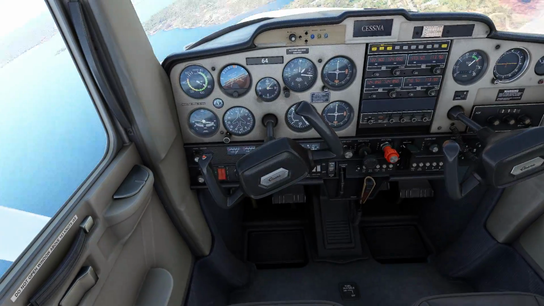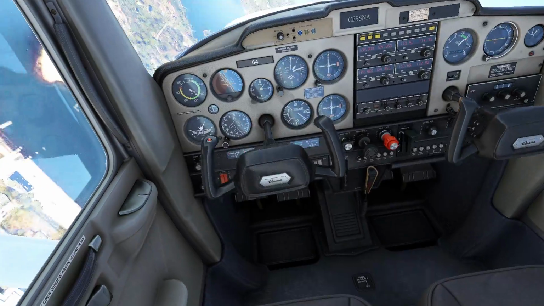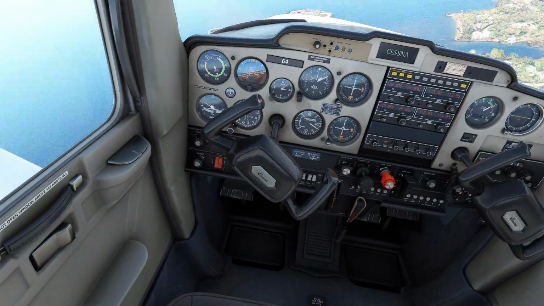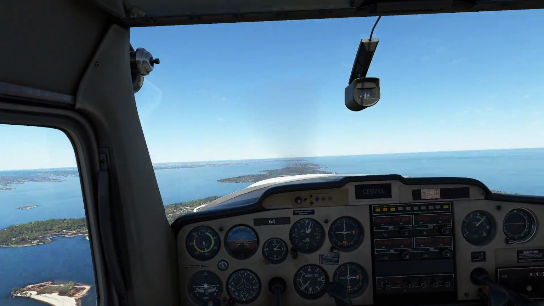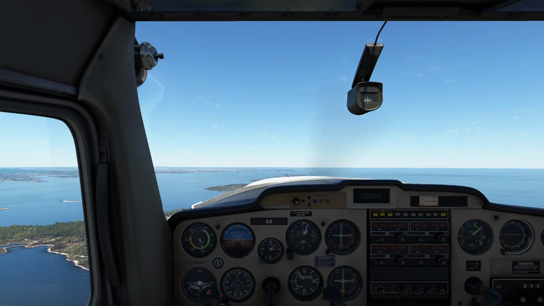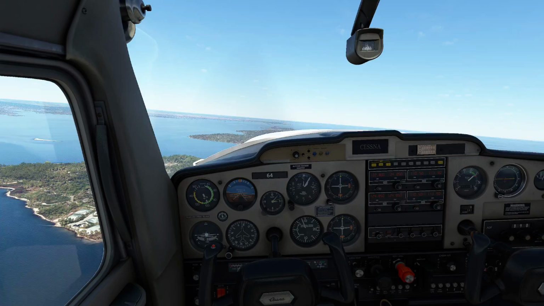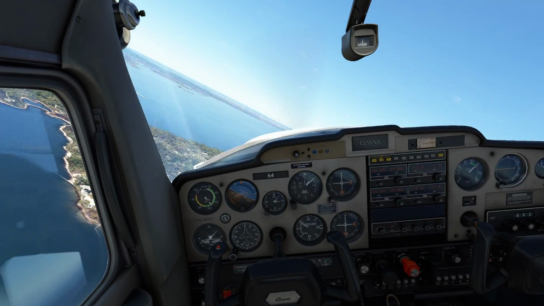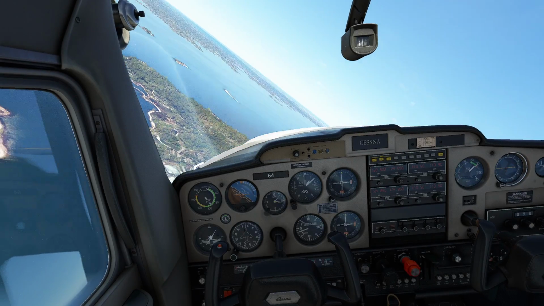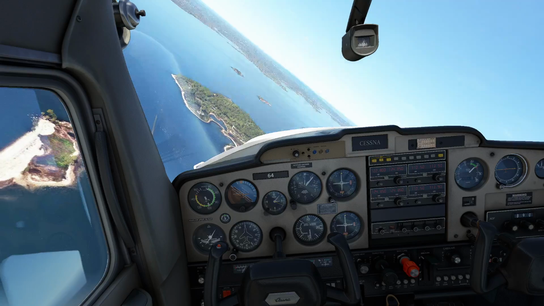Ooh, I feel sorry for my passengers if I had any. Now, one of these things you're going to determine, and you're going to realize very quickly, is the harder your aileron usage, the more drag you're going to create with that wing, the harder you're going to have to apply the rudder action. If I take a very, very gentle turn here, I'm barely pushing the rudders at all. It's worth noting that technically when the ailerons are neutral, you really shouldn't have to use much rudder